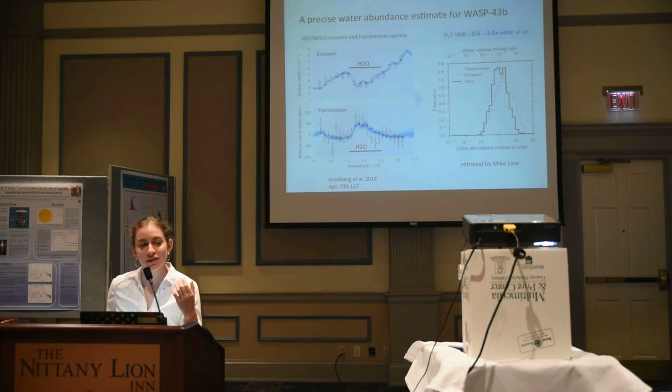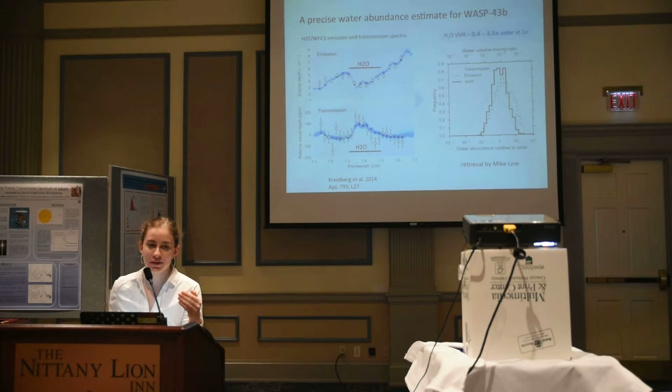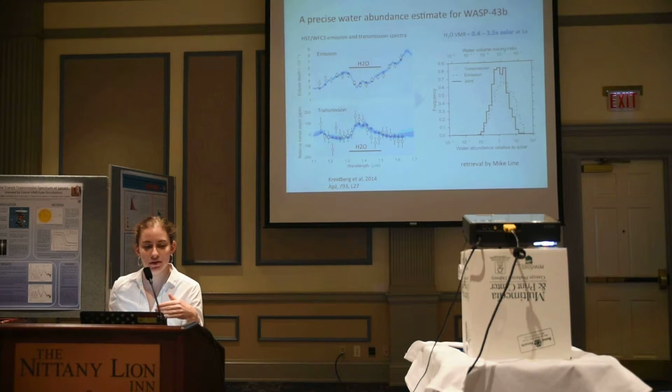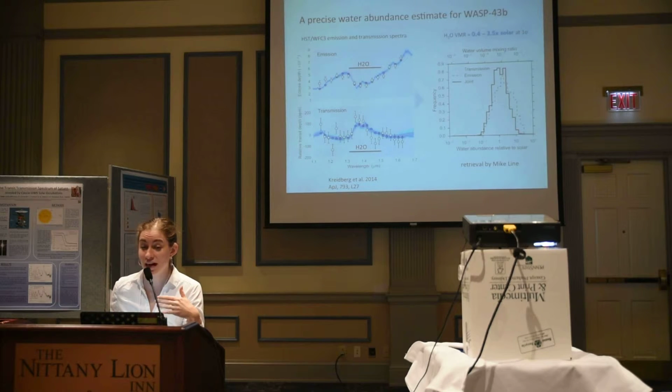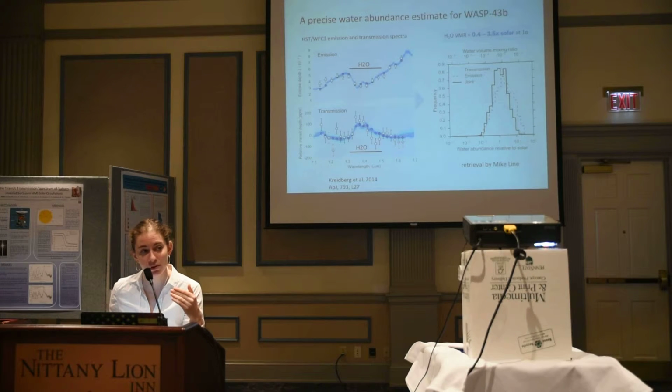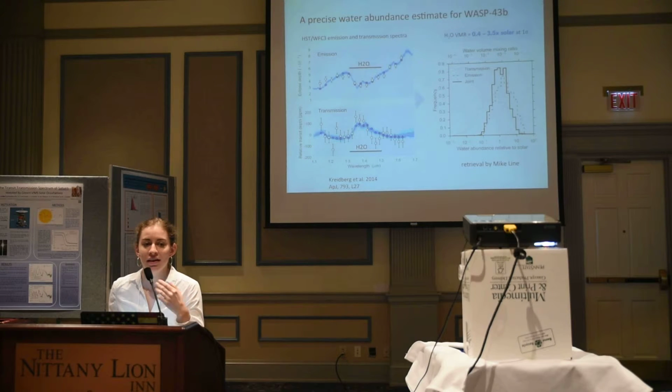And it's really encouraging that we measure consistent water abundances between the emission spectrum and the transmission spectrum. These are independent data sets, and they're also probing distinct regions of the planetary atmosphere. So it's really awesome that we're able to get results that agree with each other. And we decided to combine them. The joint constraint on the water abundance of the planet is about 1/2 to 3.5 times solar at 1 sigma